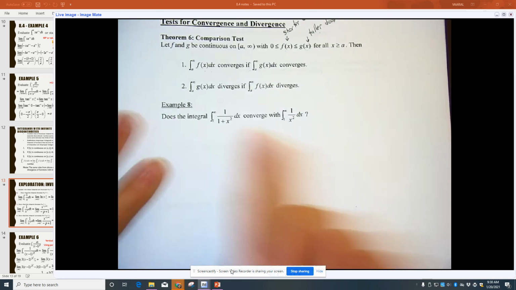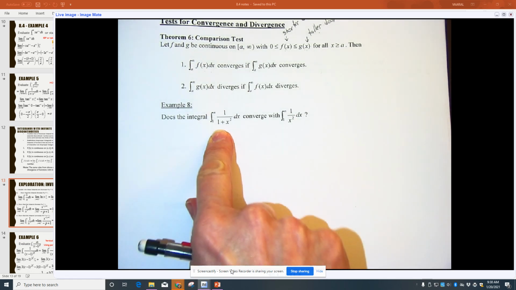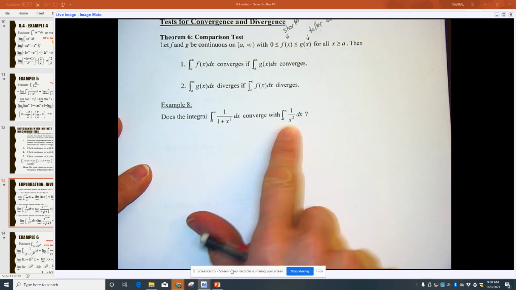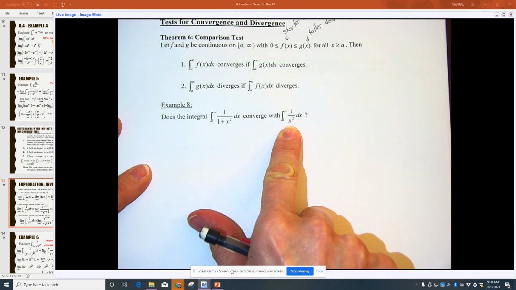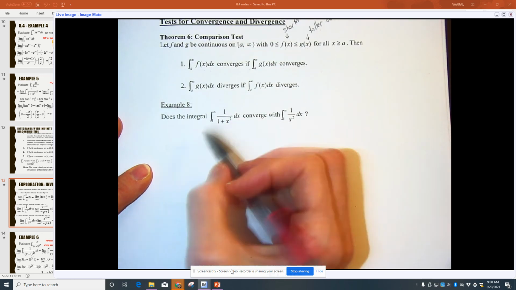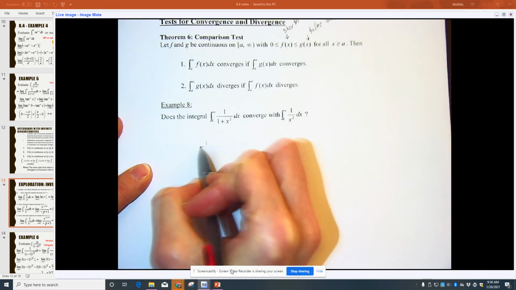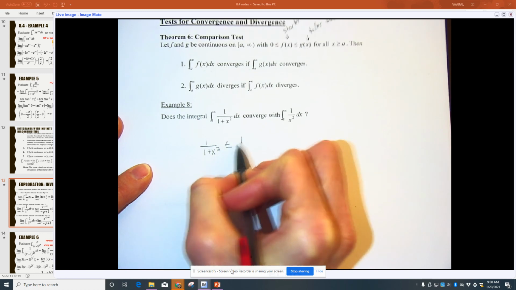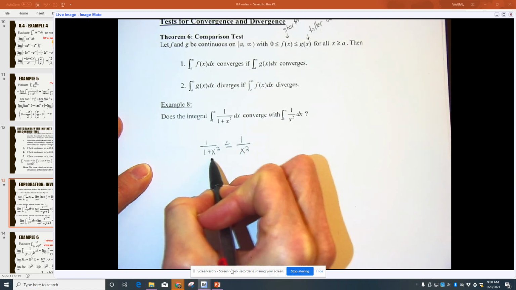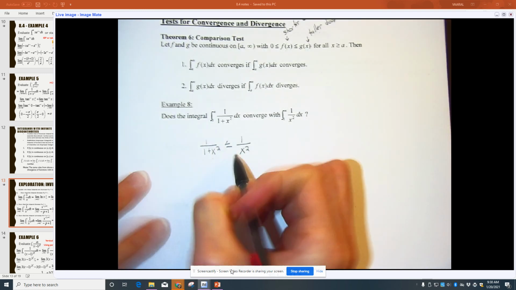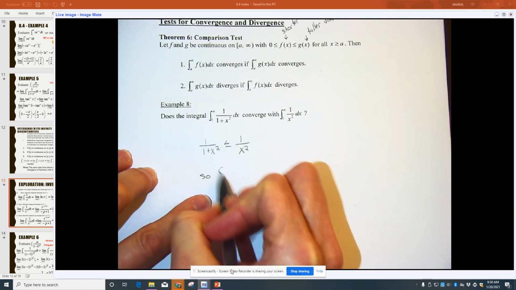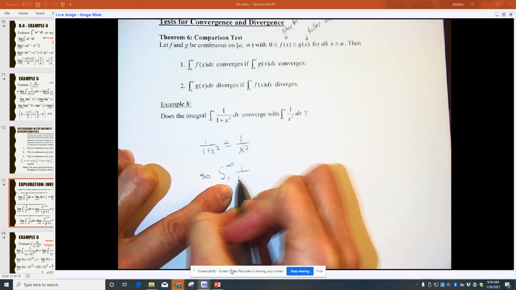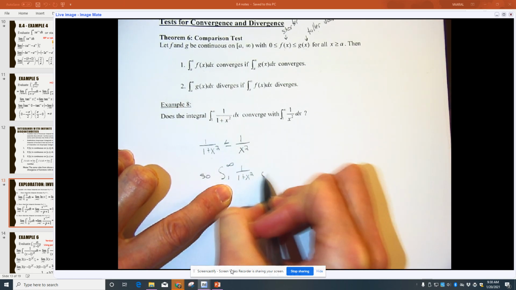So this says, does this integral converge with this? So first of all, we've got to figure out which one is bigger and which one is smaller. So these are fractions. So this is going to have a bigger bottom than this one, which is going to make this less than that. So I'm going to say, if I'm going from 1 to infinity of this function, if this converges,